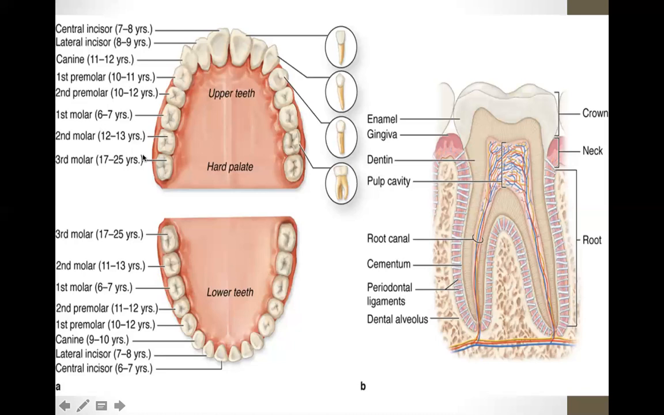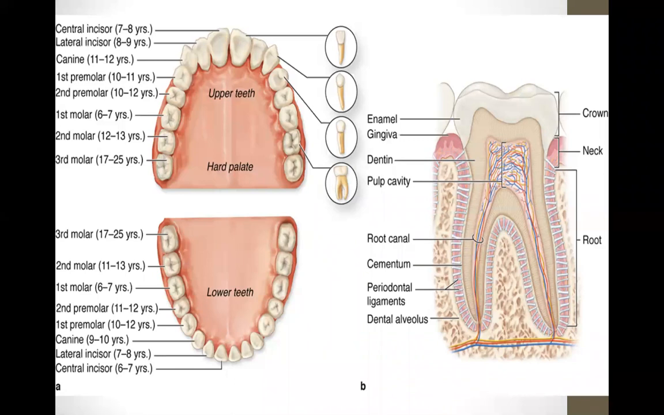Now, what are each tooth called? So you have your central incisors, your lateral incisors, your canine, your first, your second premolar, and your first, your second, and your third molar. Now, mind you,